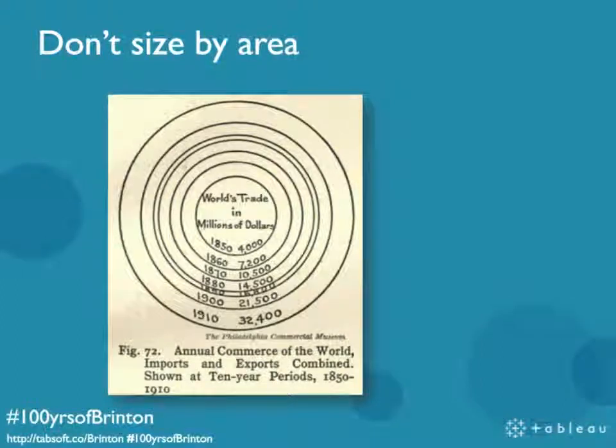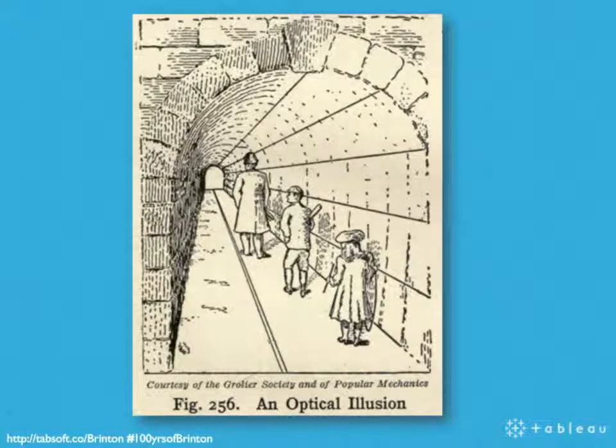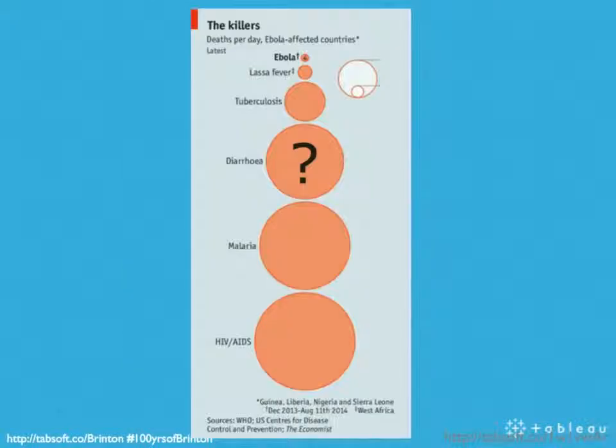And he was making the point, often made in textbooks today, that area is a really bad way of visualizing data. Not that it's bad per se, it's just that we actually aren't very good at perceiving the relative changes between areas. He used optical illusions to illustrate it, and I'm going to illustrate that example with a modern version. This chart is from The Economist from August last year, and it shows deaths per day in Ebola-affected